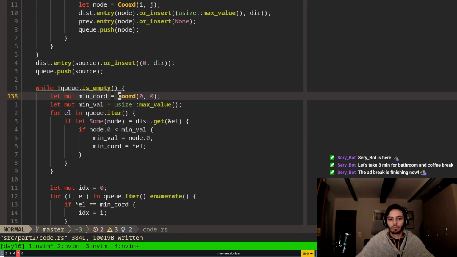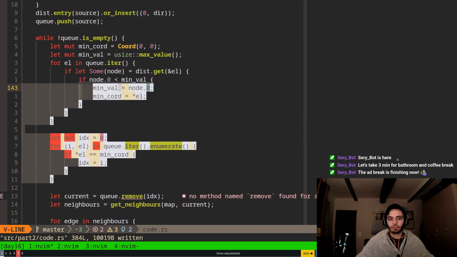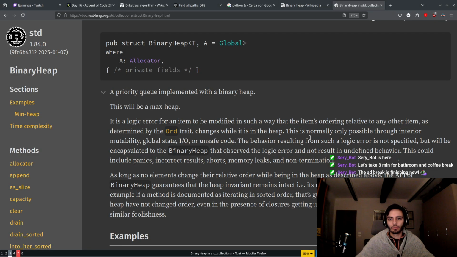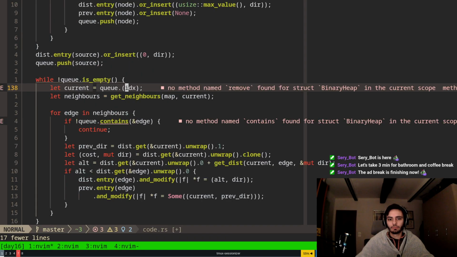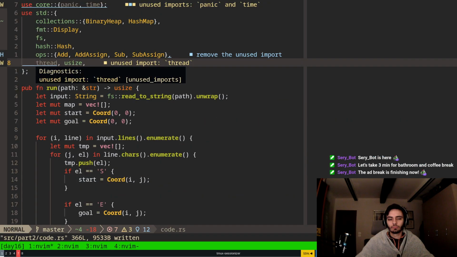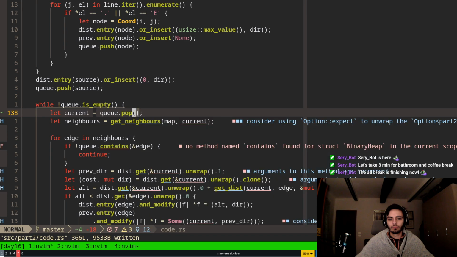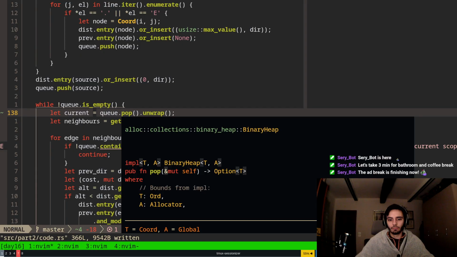Okay. Now to get the minimum, I just need to do like, what was the method? That pop. This would be like an optional, so an unwrap. And the pop would be